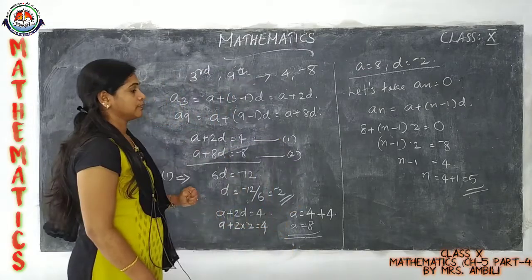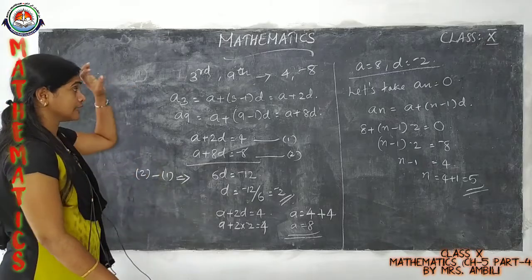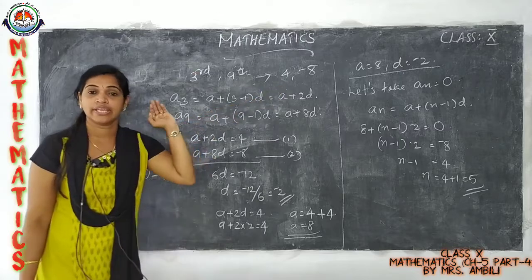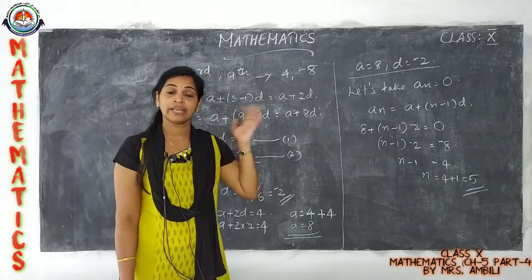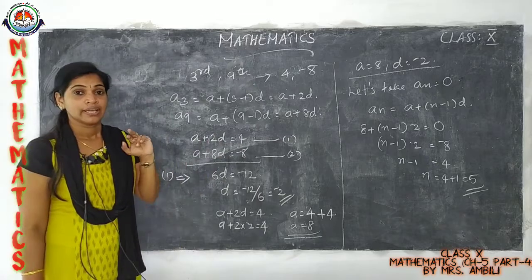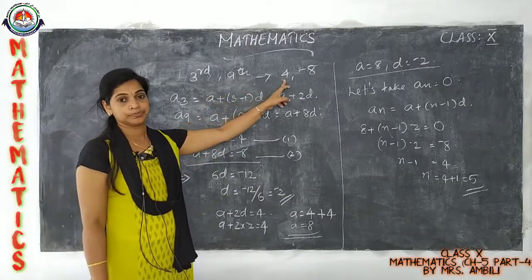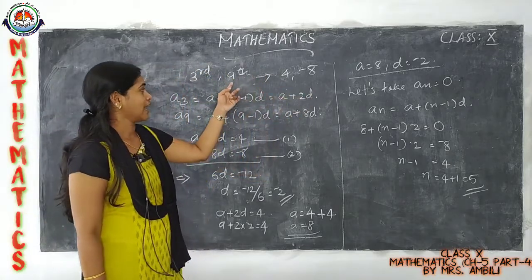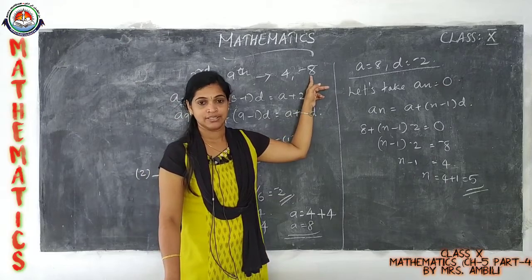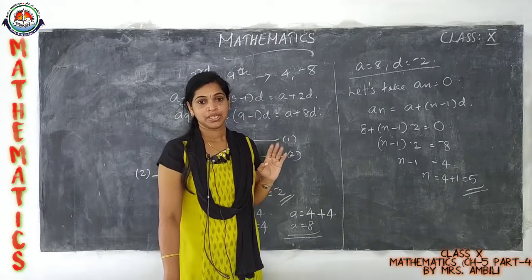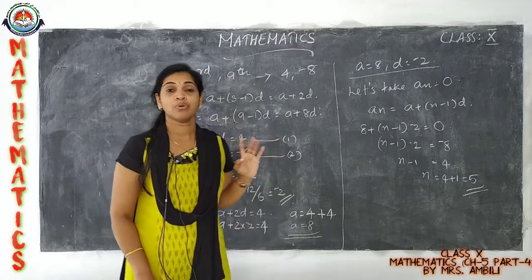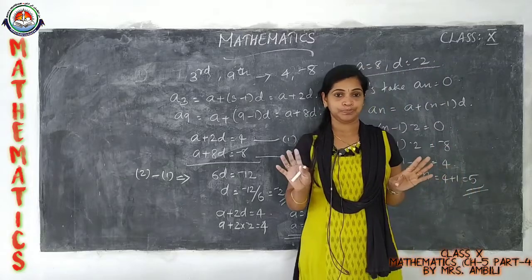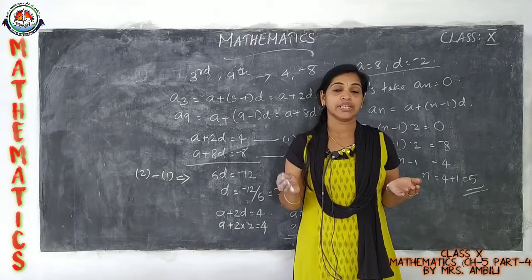Clear? Okay. Then listen once more. It is given that the third term of the AP is 4, A3. In a given AP, A1, A2, A3, etc., A3 is given. First and second terms are not given. The third term is given, that is 4. And also the ninth term is given. The ninth term is minus 8. Okay, only those two things are given. Our question is, which term of the given AP is 0? In this given AP, one term is 0. We need to find out which term is 0.